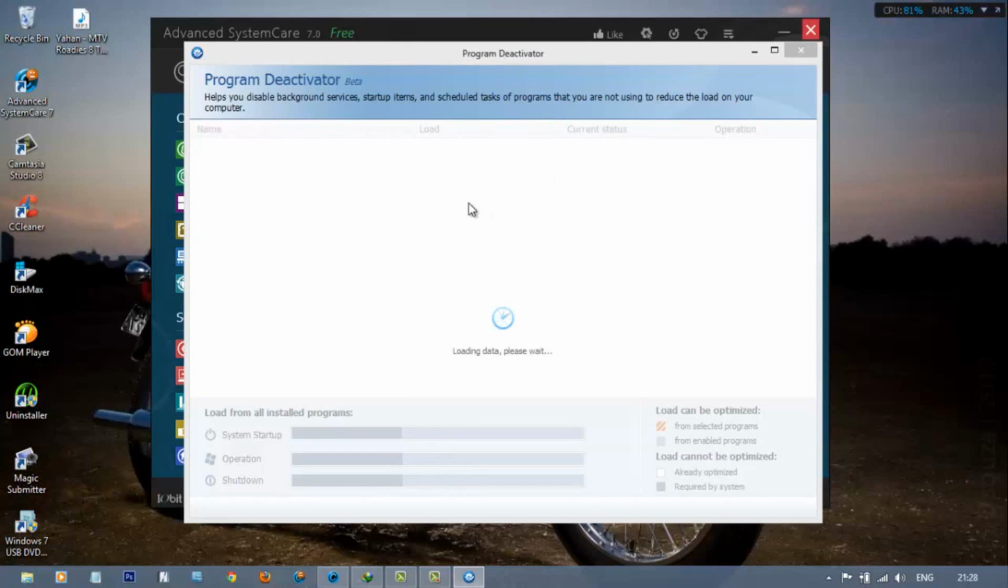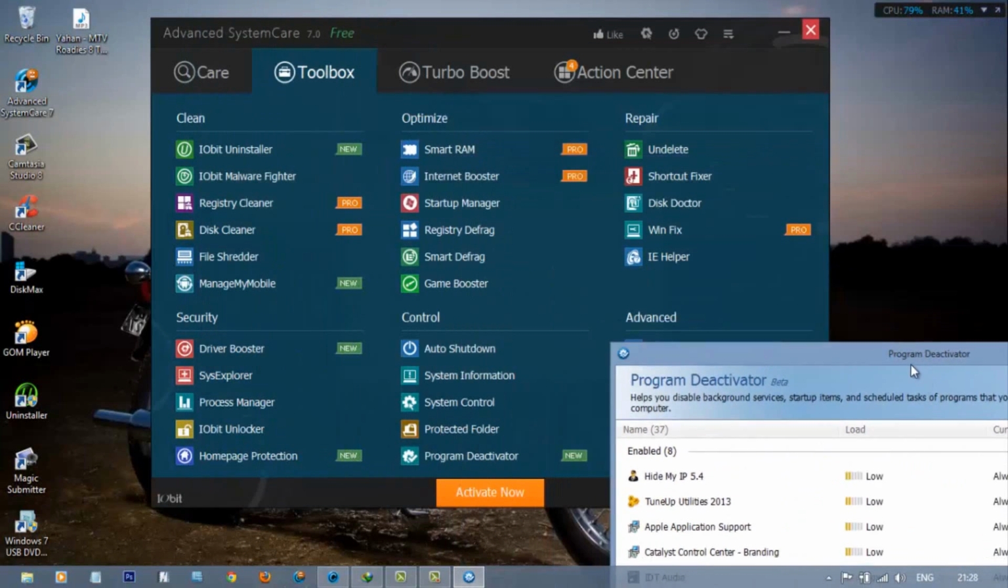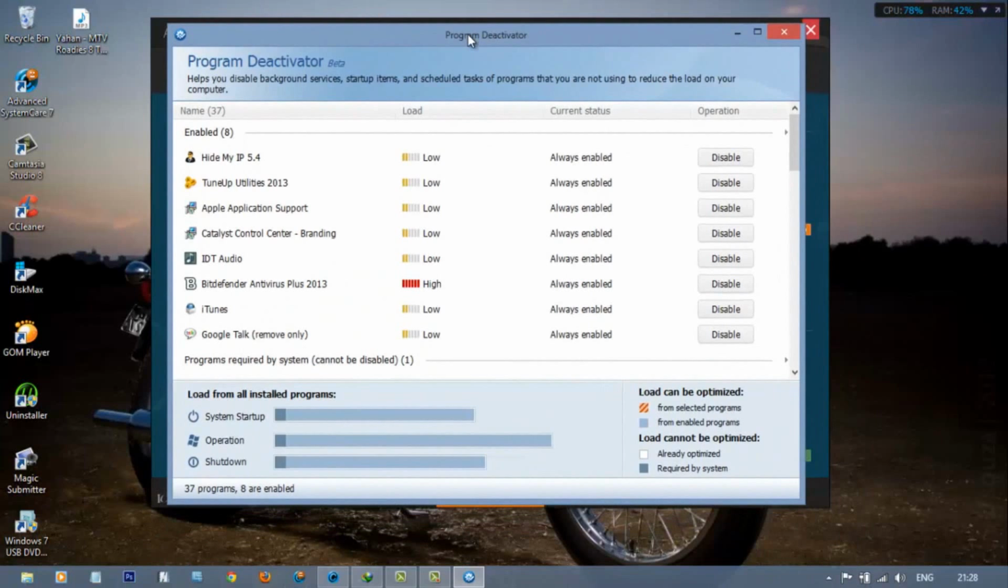Program Deactivator. This is a new feature which wasn't present in any of the previous versions of Advanced SystemCare. Now it helps you disable background services and startup items. These are some of the programs which you do not really see on screen, but they are continuously running in the background, or they automatically get started when you start Windows. So to get rid of such programs, you can use this Program Deactivator module of Advanced SystemCare